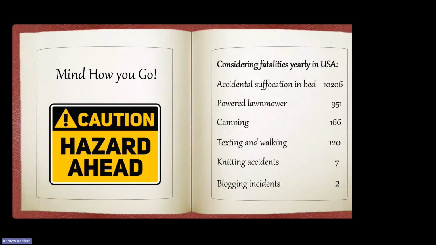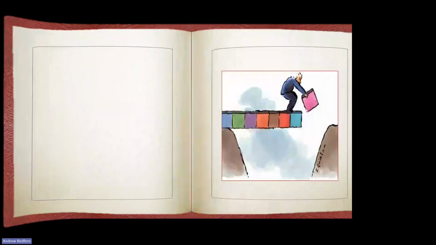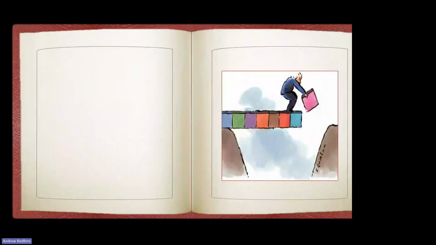And then getting to those I'm unsure what happened. Knitting accidents account for 7 people a year in the US. And blogging incidents, I guess we're all sort of blogging at the moment, 2 people a year. But it's certainly the case with metastatic breast cancer that it's good not to be fatalistic and to take care of oneself and look out for various things. Moving back to that survival and therapy,